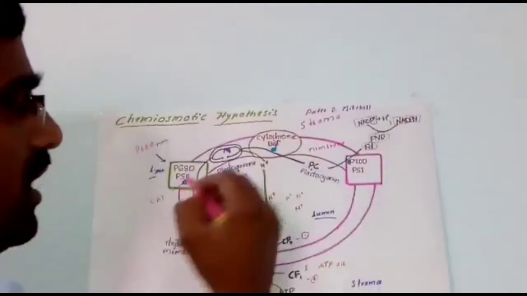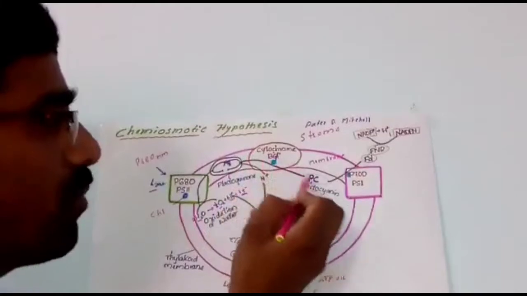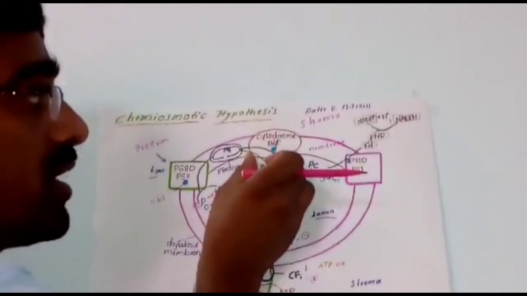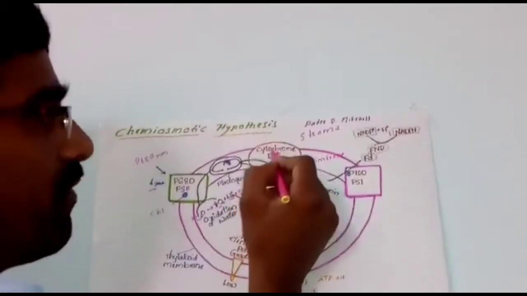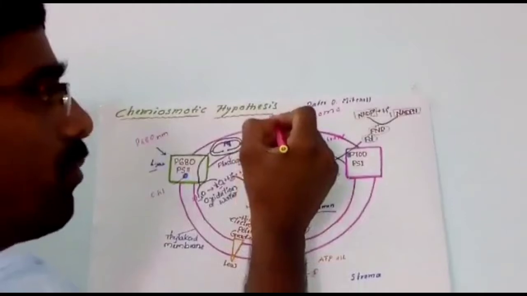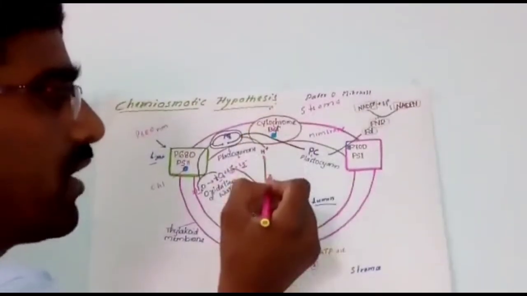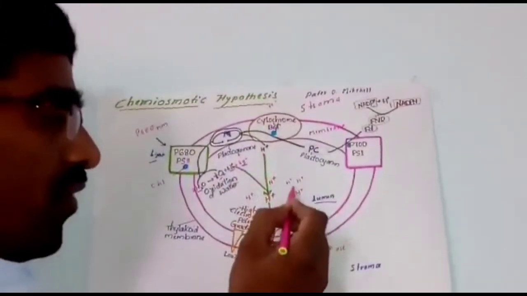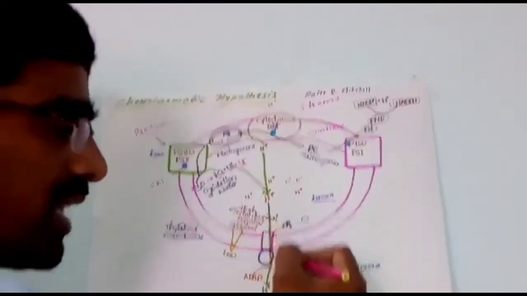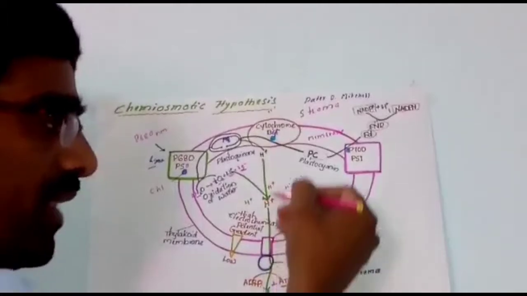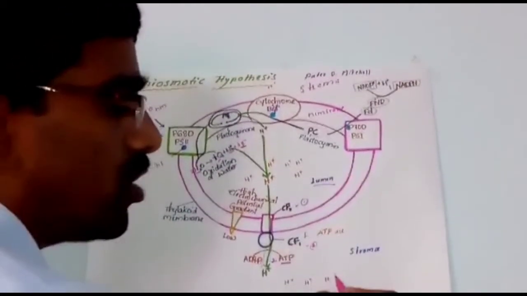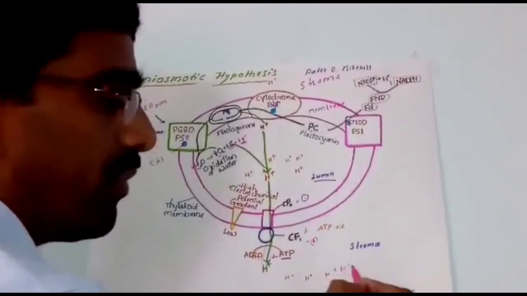As per photosystem 1, electrons move to the electron acceptor, ferredoxin. Now, one point: when electrons are moving from PS2 to PS1, we have discussed that ATP formation is possible. How is it possible? When the electrons are moving from cytochrome b to cytochrome f, some protons move from the stroma to the lumen region. How? When the protons move from the lumen to the stromal region, the ATPase enzyme is activated, and ATP formation is possible. When the protons move from inside to outside, protons accumulate outside the lumen, within the stroma,